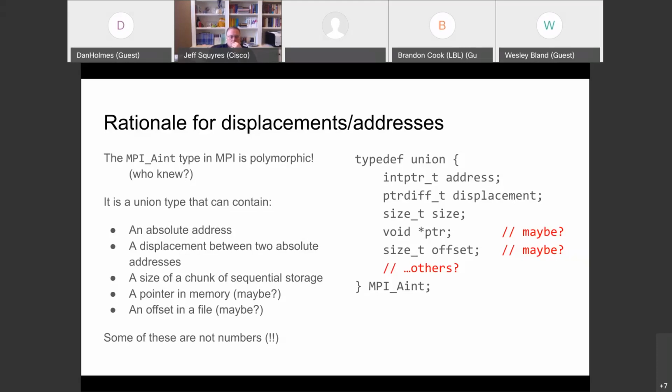Some more information about that is that even when you think that the function is only going to have a displacement usage, there are situations where you can actually supply addresses to that function.